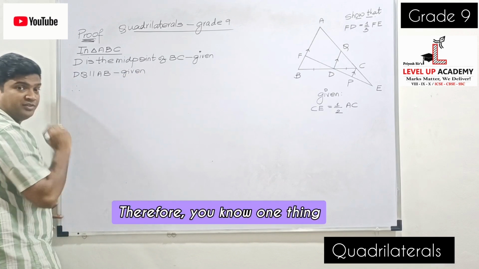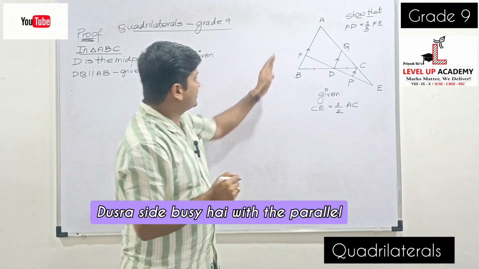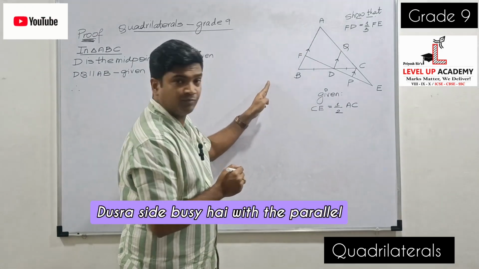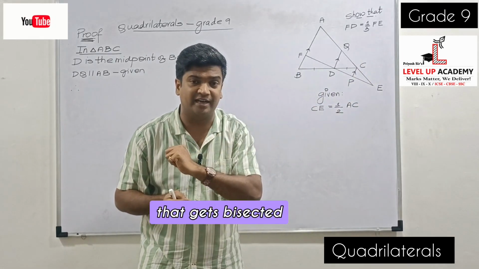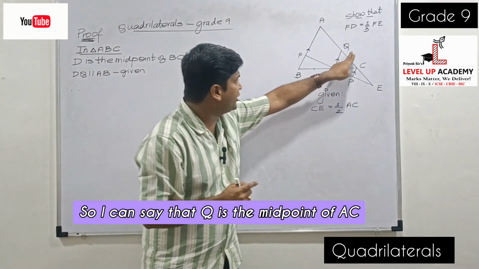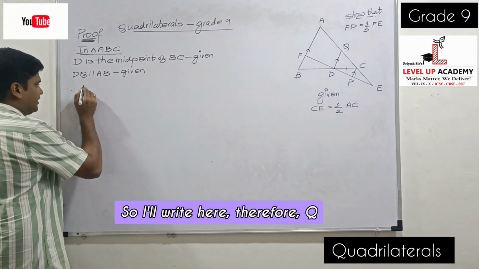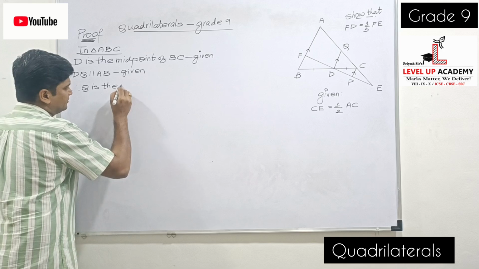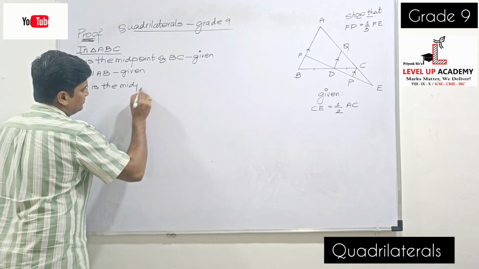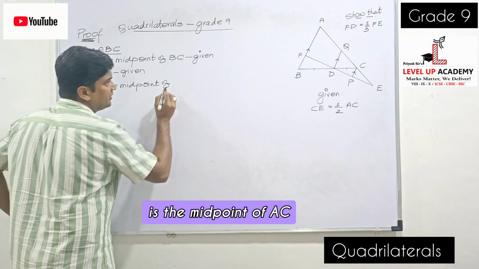Therefore, you know one thing, एक side busy है with the midpoint, दूसरा side busy है with the parallel. तो बच गया कौन सा साइड ट्रायंगल का AC that gets bisected, correct? So I can say that Q is the midpoint of AC. Sure. So I'll write here, therefore Q is the midpoint of AC,